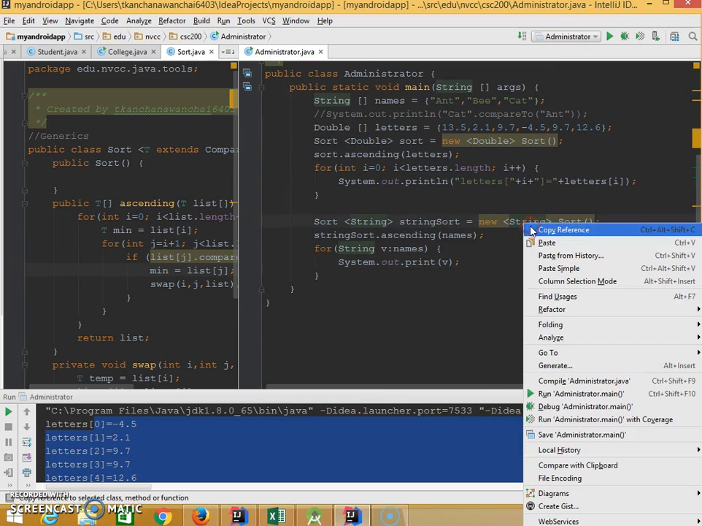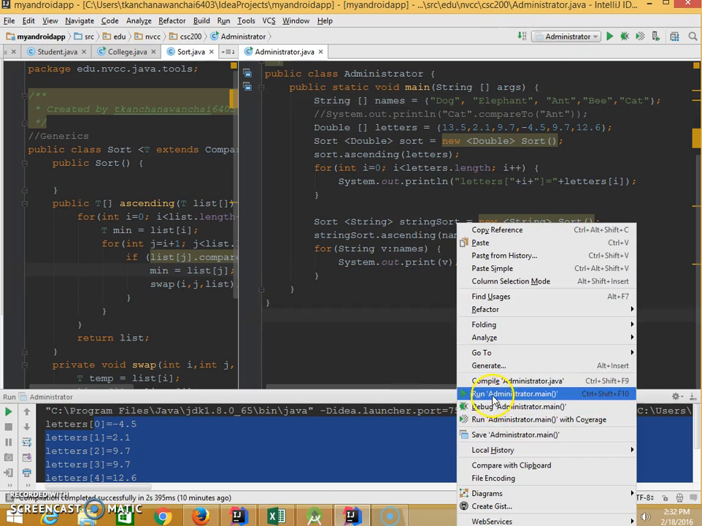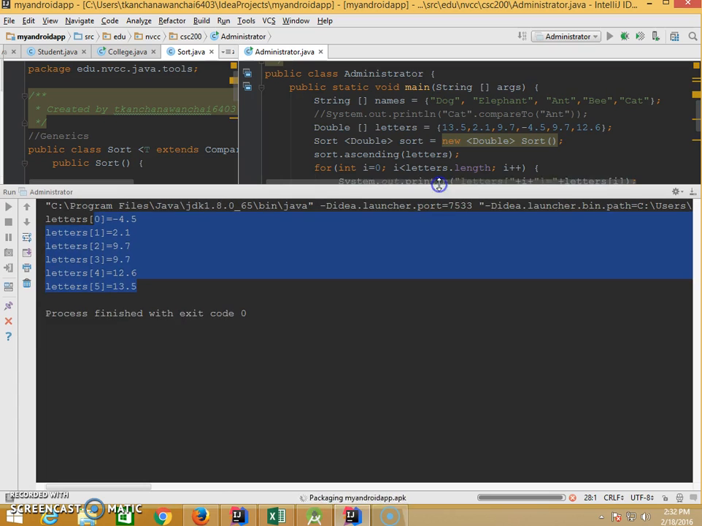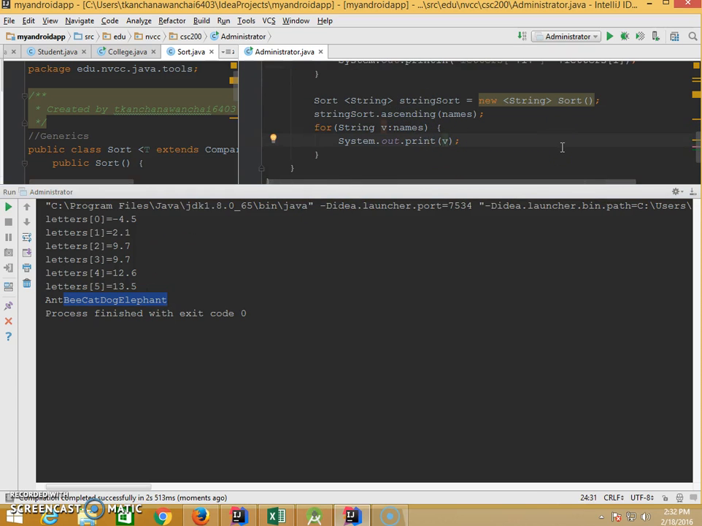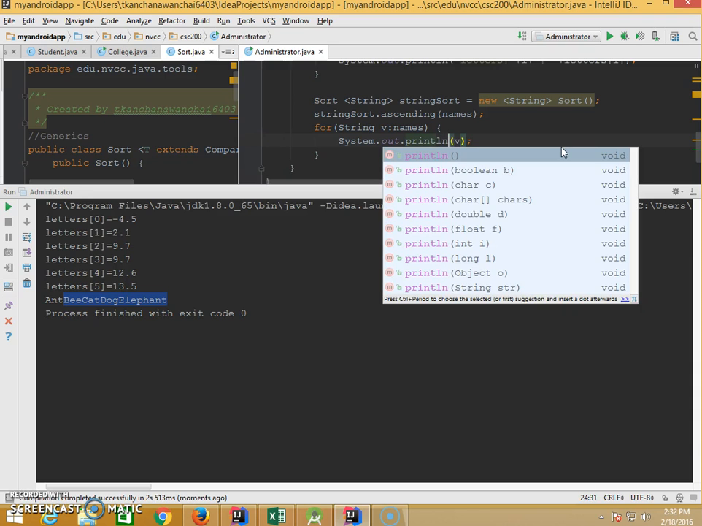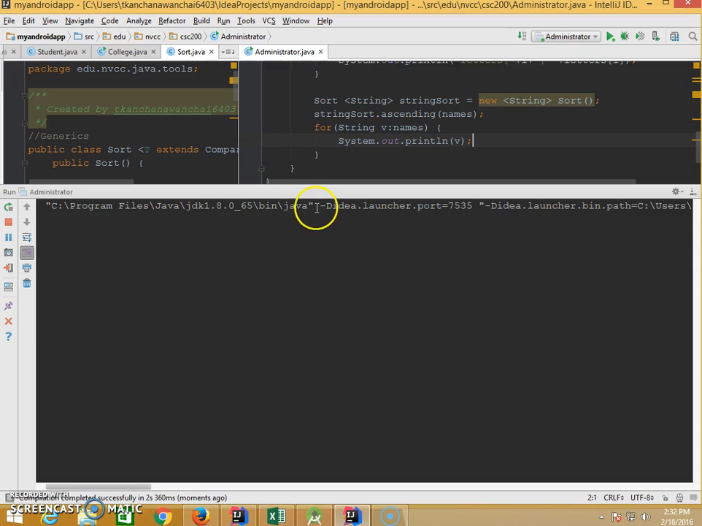Alright, so let's run and see. It's already sorted. Let me make sure this is not a sorted list. Dog, elephant. Alright, so it's not sorted. So after we run this, it's supposed to sort the list for us, and be cat, dog, and so on. So if you want to have the new line, you can just do println. So you see that by